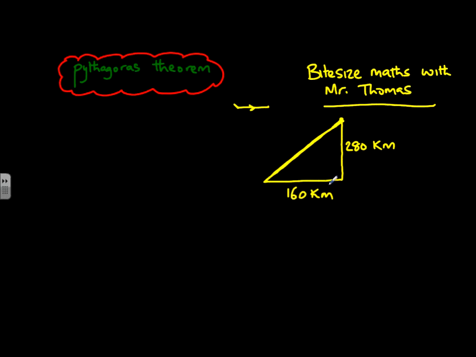So this is where we would use Pythagoras theorem, because we know that this angle is a 90-degree angle. Okay, and the side opposite the 90-degree angle is the hypotenuse. So we can find the length of the hypotenuse by using the length of the other two sides. So the way to work this out is to say, using Pythagoras theorem,